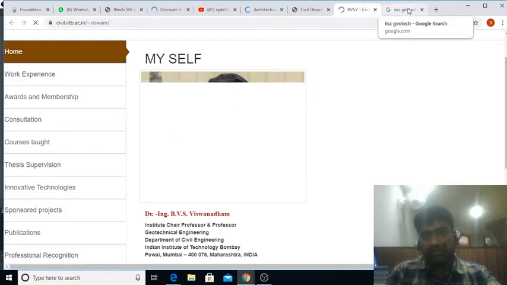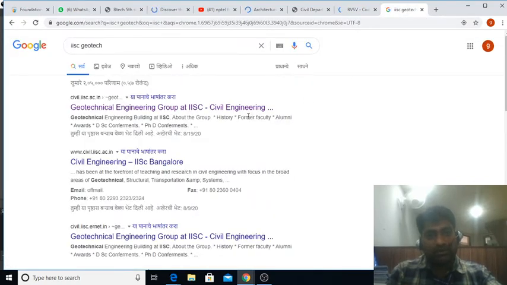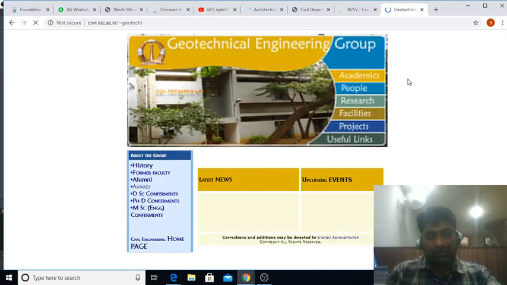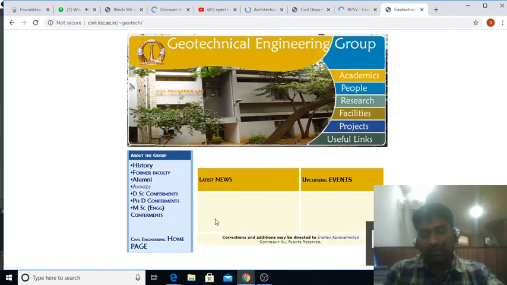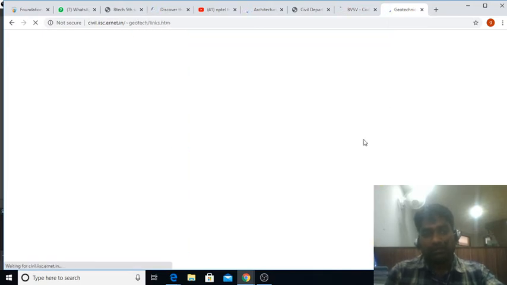In similar manner, you all people can search for IISc Bangalore professors also through these websites. So here also you will find many things. Easily you can see what people are doing, which kind of research is happening in the IISc geotechnical engineering group, what facilities are being provided, what projects are being carried out, and there are some useful links also. You can open these things, what the people have done in PhD, what kind of work they are doing in PhD, what kind of work they are doing in MSc Engineering. Very easily you all people can find these things on their websites also. With the help of useful links, you will certainly get more knowledge.